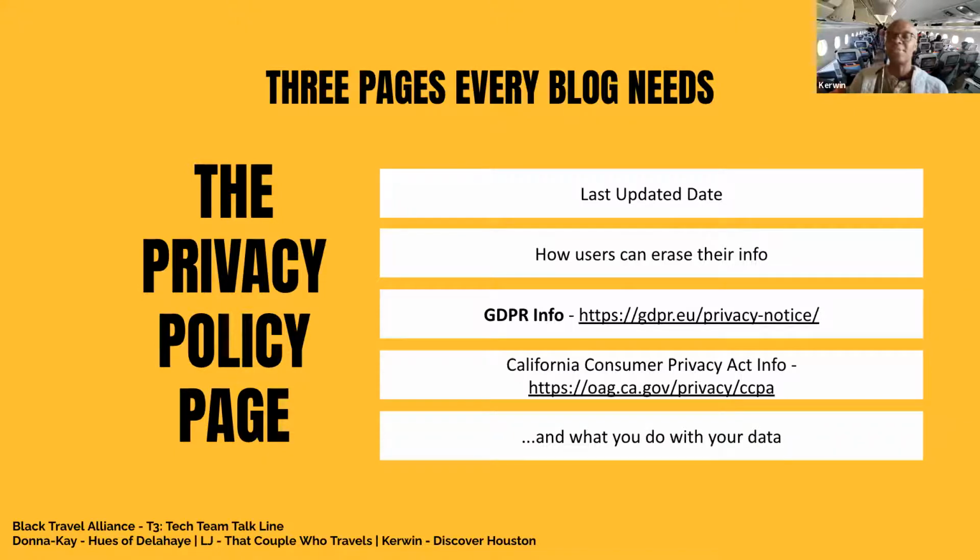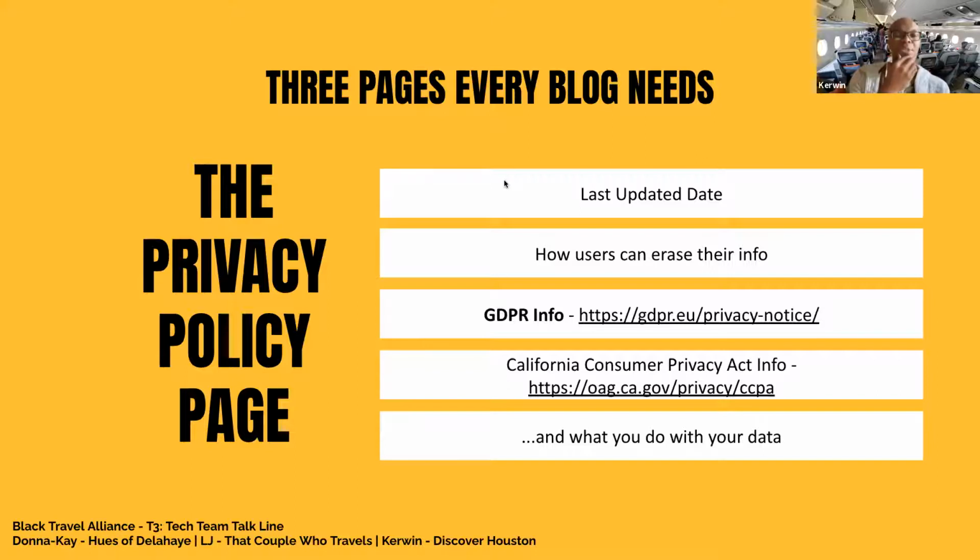The first thing you always have to do in any of these privacy things is you have to give someone notice. And the privacy policy, for your homework, I really stress to go and read those two pieces, and you can see what is important in terms of privacy. The other thing about a privacy policy, it tells people exactly what you're doing with the data. And one of the most important things is it's got to have a last updated date. And it also needs to have a link that people can use to contact you.